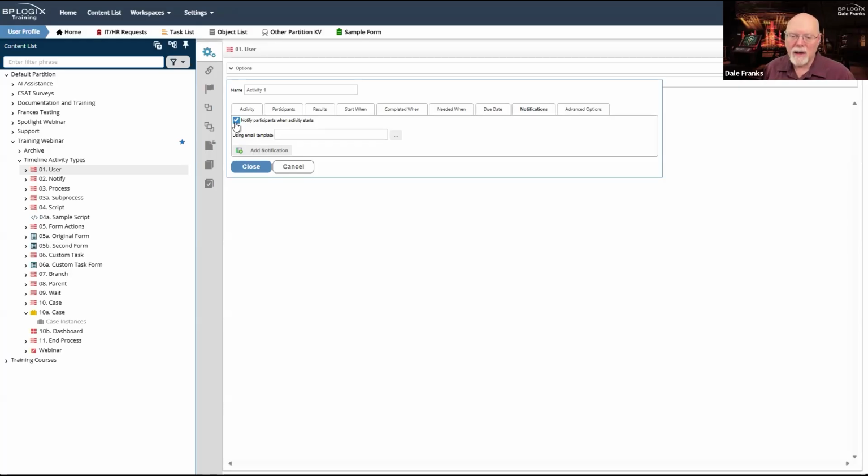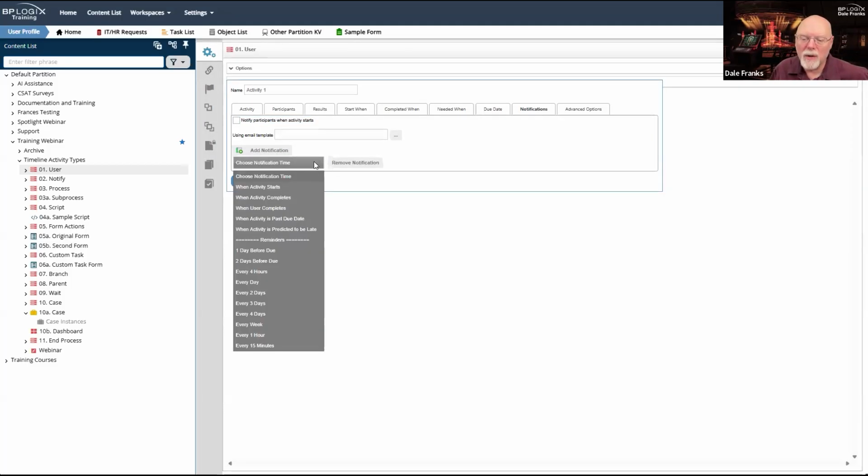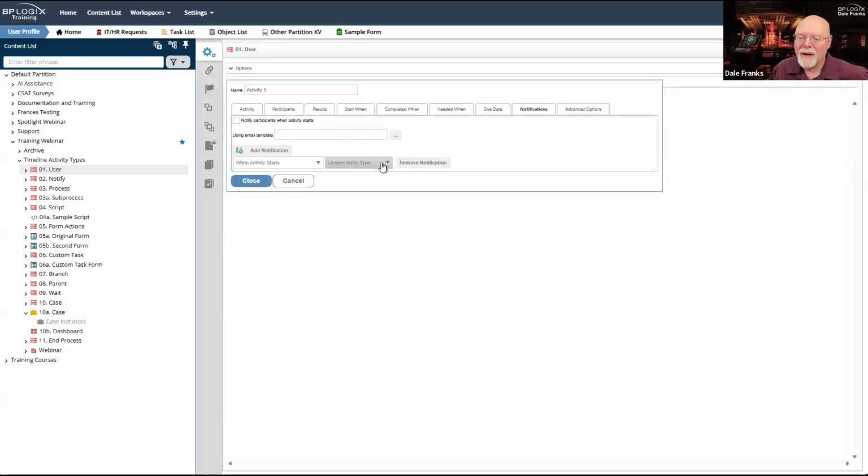I have seen on a more or less regular basis customers who uncheck that, and they've decided they want to add their own special notification to the participant. And they'll say, okay, well, when the activity starts, I want to send a notification to the participants. That is precisely what you do not want to do.